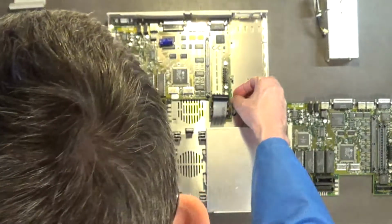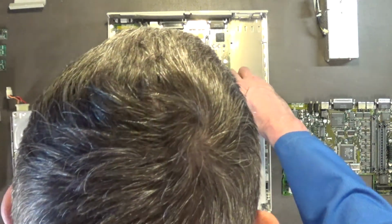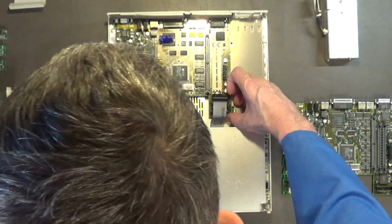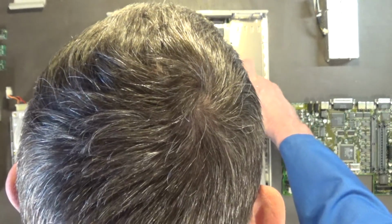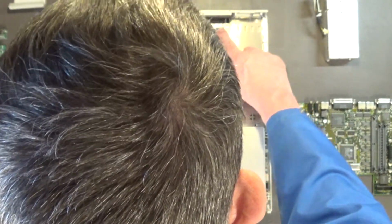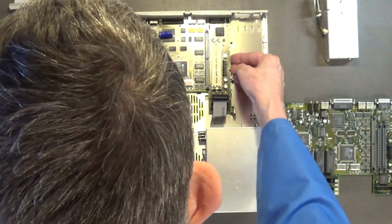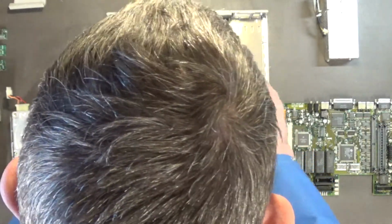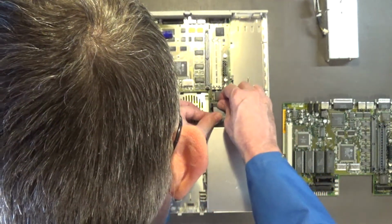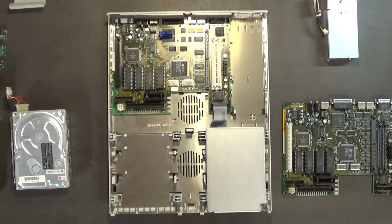Okay, that goes in like that, and it will pop in. Let's make it pop in like that. Yeah, those pop in like that. Okay, so there's that. It's all popped in real nice. Yep, looks good. It's popped in. We'll put this ribbon cable back in here for the disk drive. Okay. And, okay, the old motherboard,